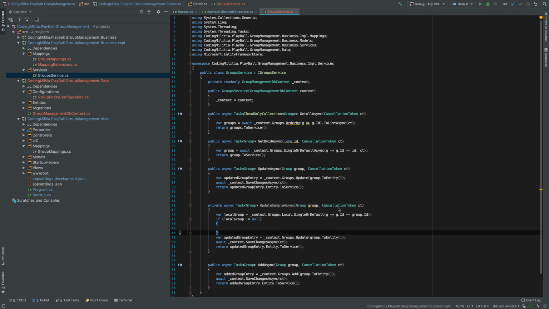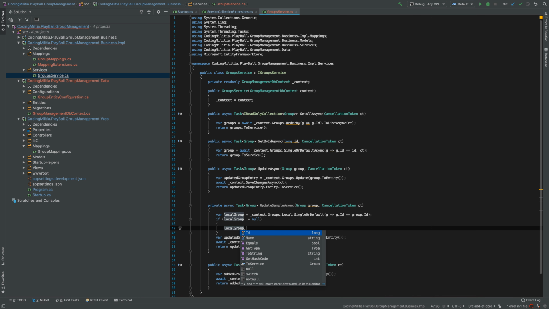So like this, we are not making a query. We're just seeing if in the current DB context we have this already loaded. And if we have, we can do a lot of things. We can update it directly instead of doing this, or we could, for instance, do local group dot